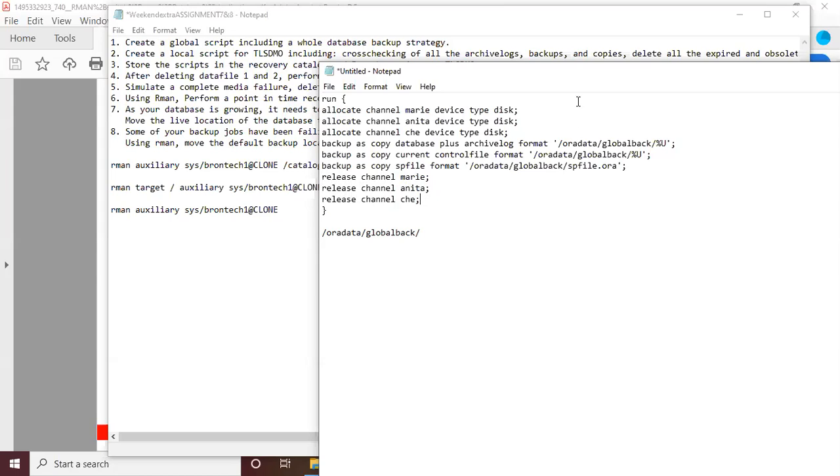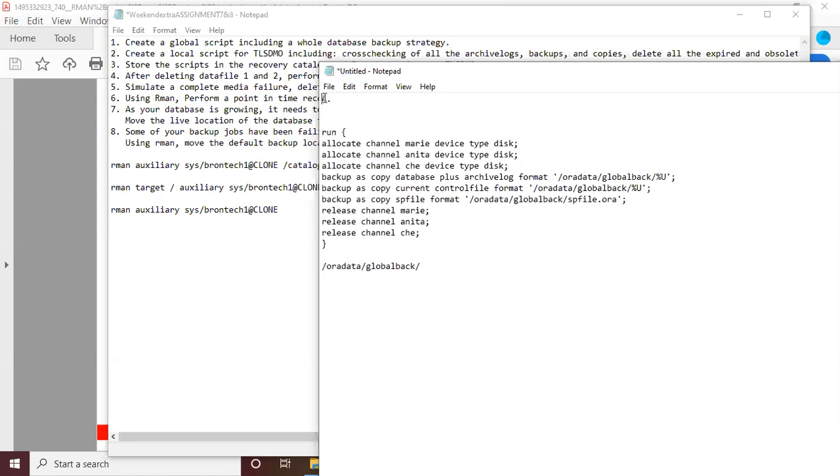Now that you have your first backup strategy, let me put it here. This is your first backup strategy. This is a whole chapter, so don't worry about it. At least I want us to start having an idea so that when we come to chapter 10, we will all be at least understanding it, and you won't have to spend much time. Good idea. Okay. So this is for question 1. We created a global script, and then